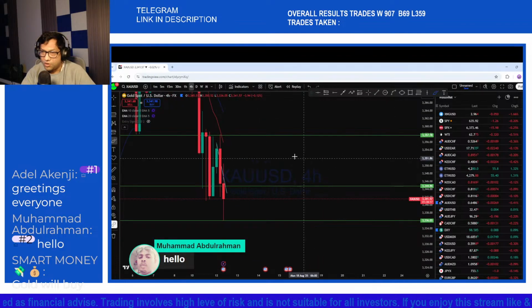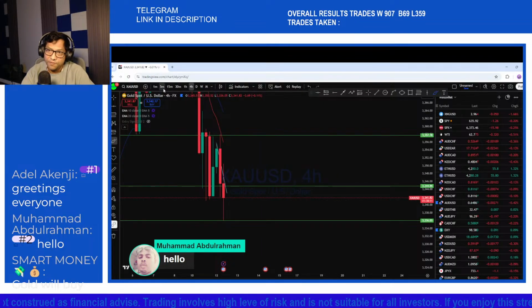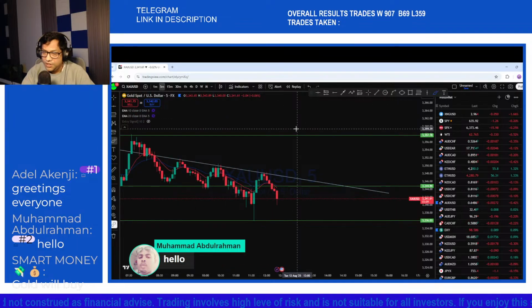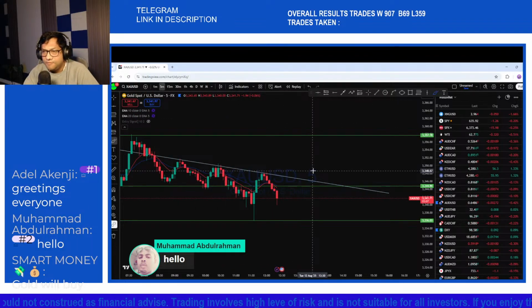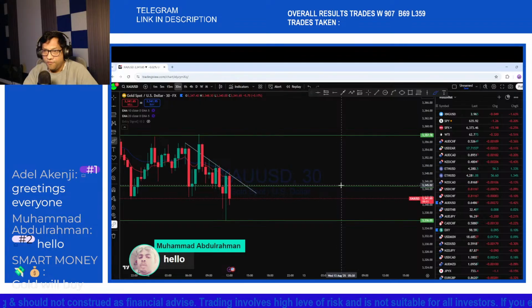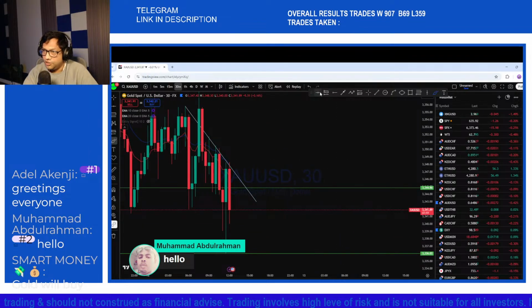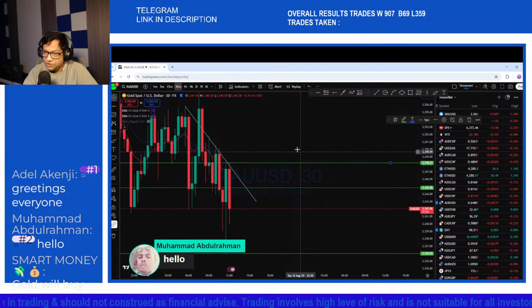Looking at the 4-hour again here, this is where I'm looking at the higher and the lower time frame. Our entry could be on the 5-minute chart, and we can look at the 30 minutes potentially for a trigger or a trading opportunity. This is the previous 30 minutes high here,